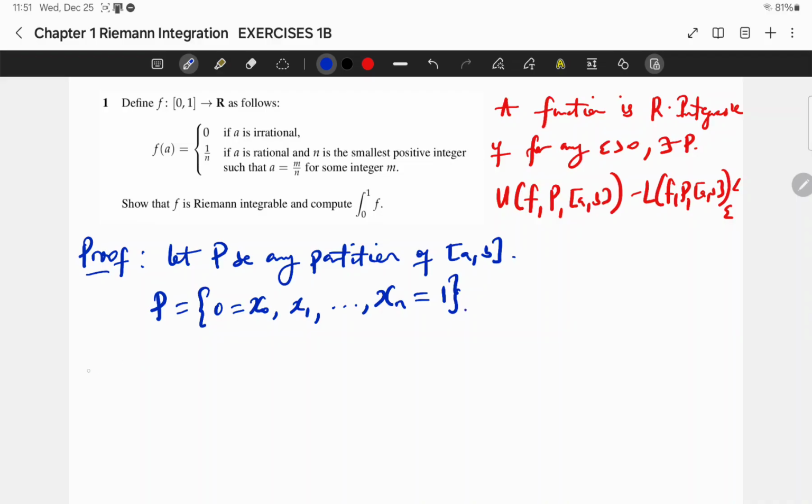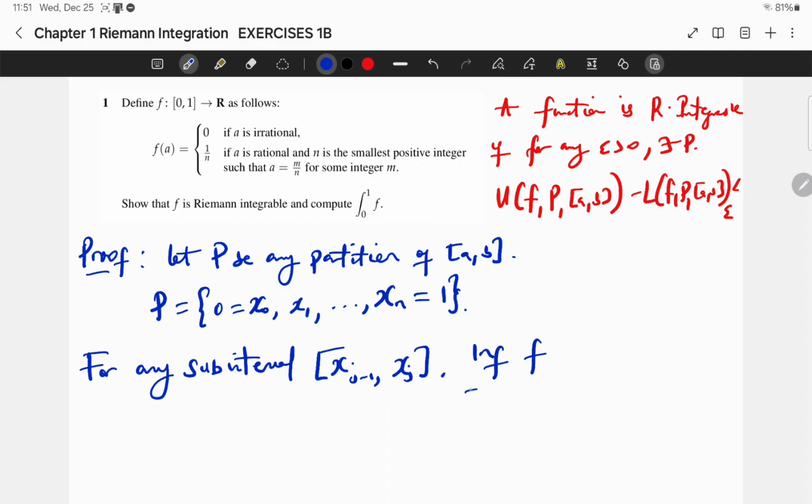So for any sub-interval, let's say s_j, that is, s_{j-1} to s_j. So you will notice that our infimum of f over